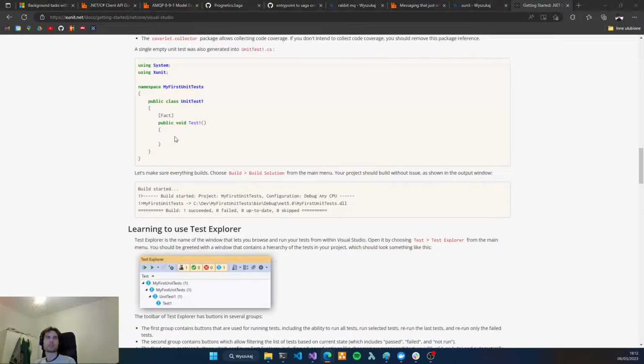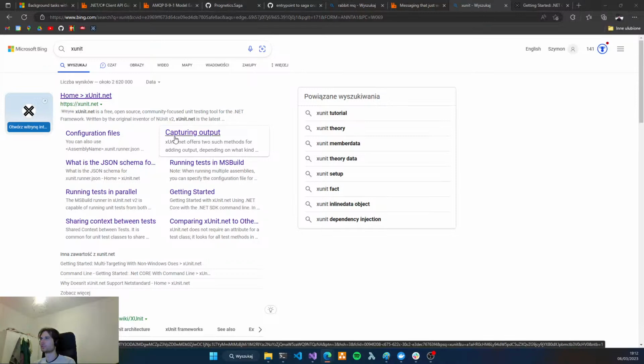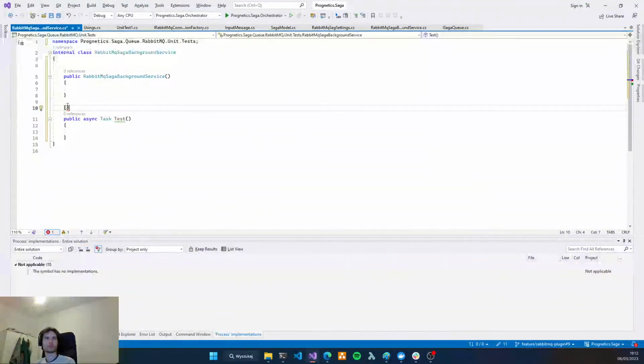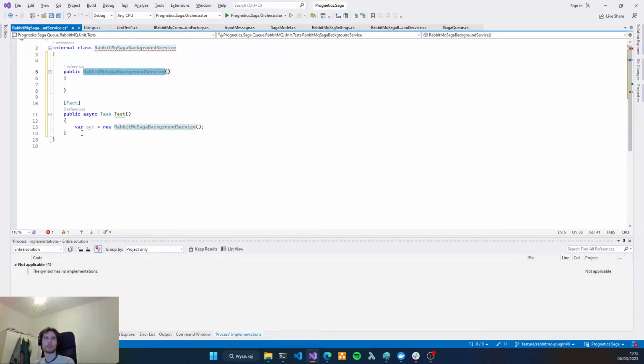Oh, just Fact. Okay, now I see. Let's write tests. The first variable will be our SUT, which is system under test. It will be the service.